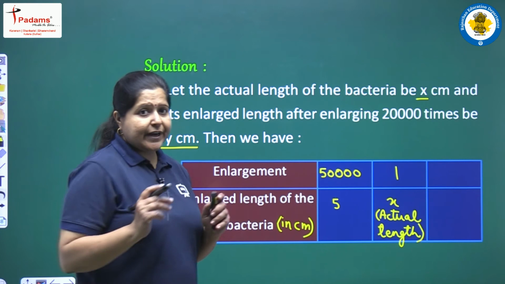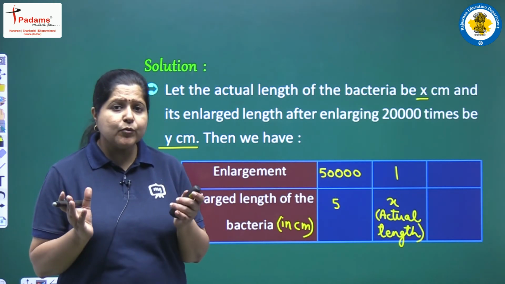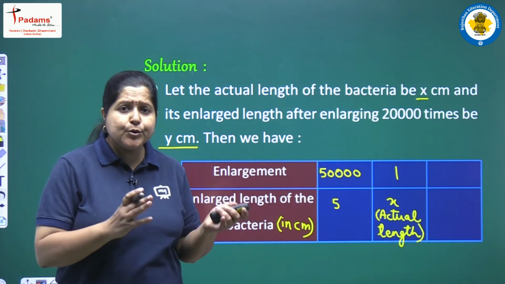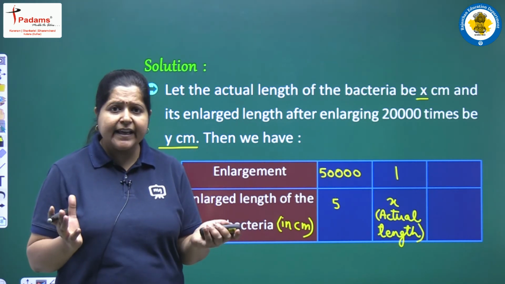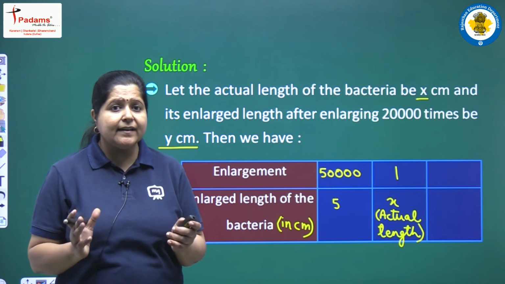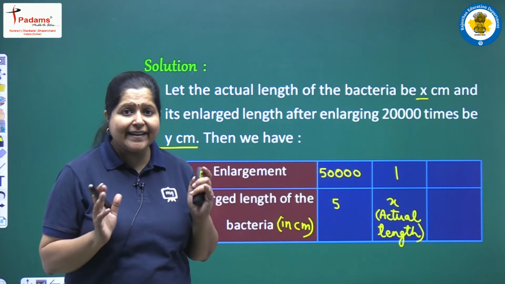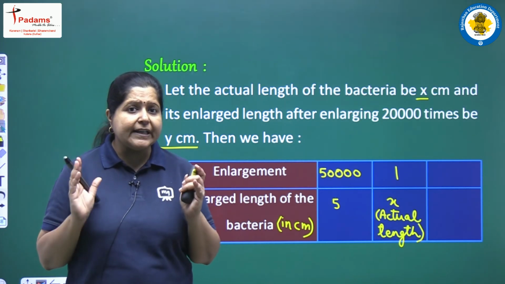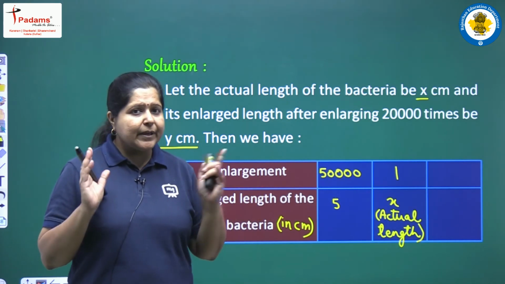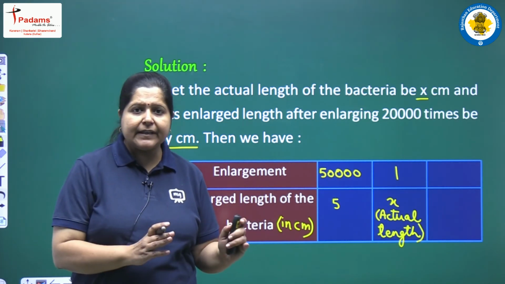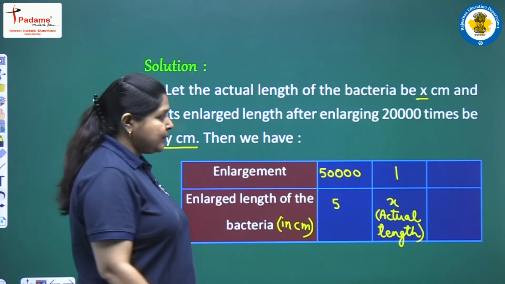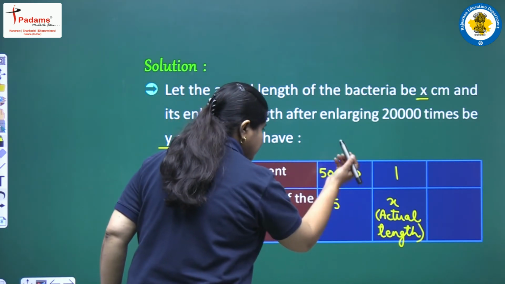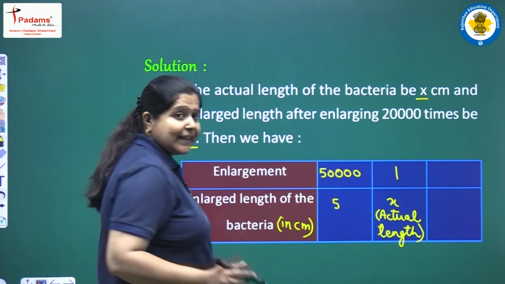जब आप एक फ़ोटोग्राफ देख रहे हैं और मान लीजिए कि आप उसको एनलार्ज कर रहे हैं बाय वैल्यू 2, इसका मतलब आप उसका साइज़ डबल कर रहे हैं, 2 टाइम्स एनलार्ज कर रहे हैं। और अगर आप एनलार्ज नहीं करना चाहते, वैसे का वैसा ही देखना चाहते हैं, तो एनलार्जमेंट की वैल्यू क्या लेनी चाहिए? इट शुड बी 1, बिकॉज एनी वैल्यू मल्टीप्लाइड बाय 1 गिव्स द सेम वैल्यू। तो ऐसे में ये एक स्पेशल केस है जहाँ हम एक्चुअल लेंथ फाइंड करना चाह रहे हैं, तो एनलार्जमेंट की वैल्यू हमारी हो जाएगी 1।